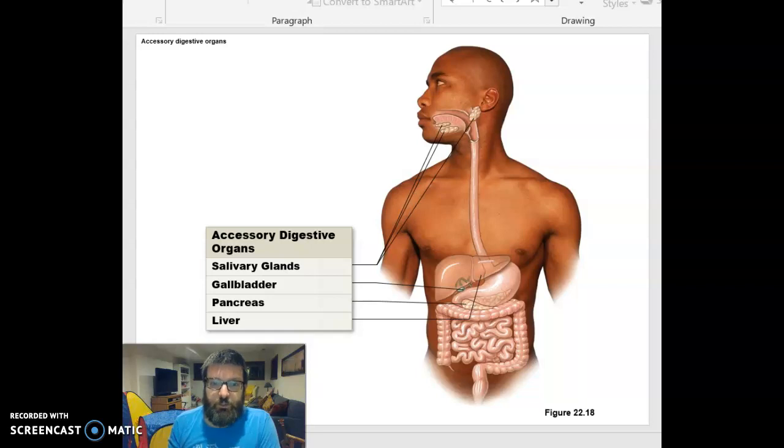In addition to the tube, the alimentary canal or gastrointestinal tract, there are also several other accessory organs that are involved in the digestive system. And so that includes your salivary glands up here, which secrete saliva, which does a number of things, moistening up food to make it mushier and easier to crunch up, making salivary amylase, which actually chemically breaks down starch, things like that, killing some bacteria, to your gallbladder, which stores bile, and your pancreas, which makes just a zillion enzymes